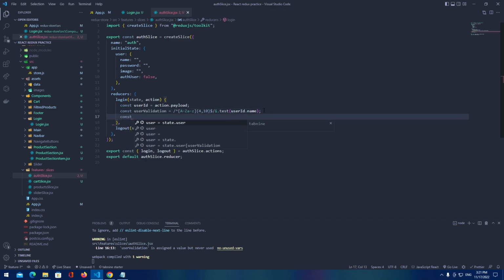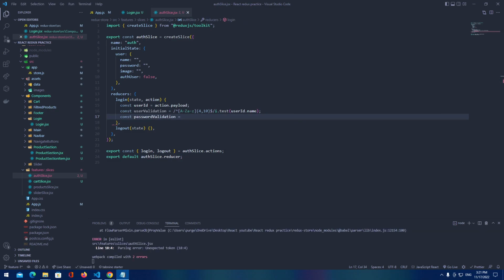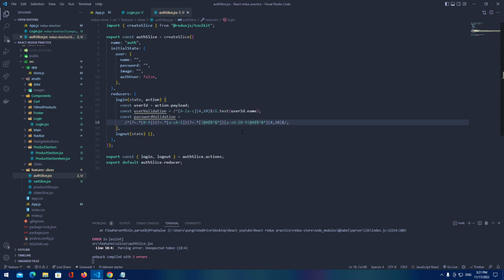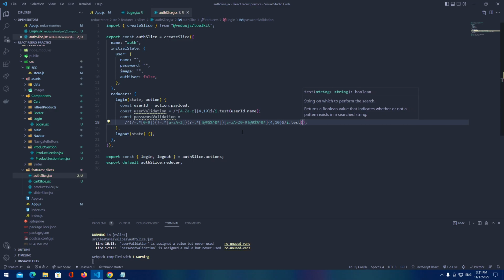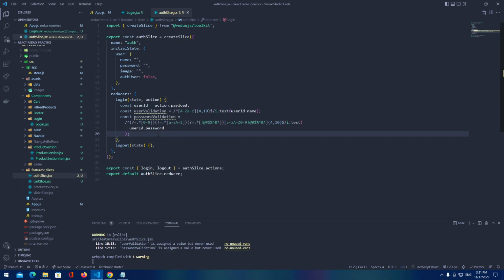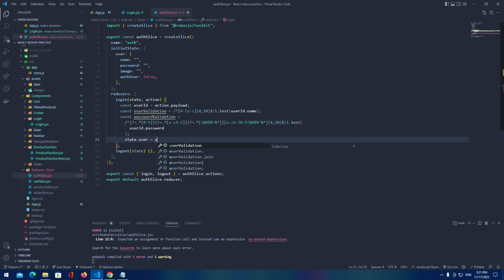So const passwordValidation, it's gonna be, let's copy that regex for the password, copy it good so I don't miss something. Let's add i.test, and it's userId.password. Now when we got that, let's set our state.user to whatever our payload is, userId, and